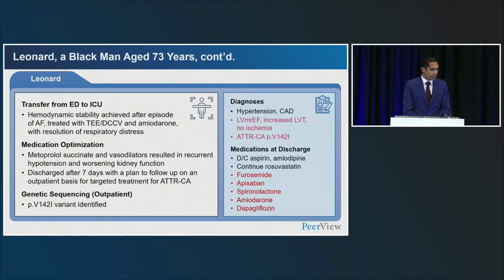All right, so getting back to the case, so Leonard was transferred from the emergency room to the ICU. He underwent a TEE cardioversion. He was started on amiodarone for maintenance of sinus rhythm afterward, and this significantly improved his symptoms. They trialed a few traditional GDMT medications, however, they were not well tolerated, including metoprolol and vasodilators. They resulted in hypotension. However, he was started successfully on spironolactone as well as an SGLT2 inhibitor. He was discharged with outpatient follow-up for thinking about a specific targeted treatment. And in the outpatient setting, he underwent genetic testing, and this indeed revealed the